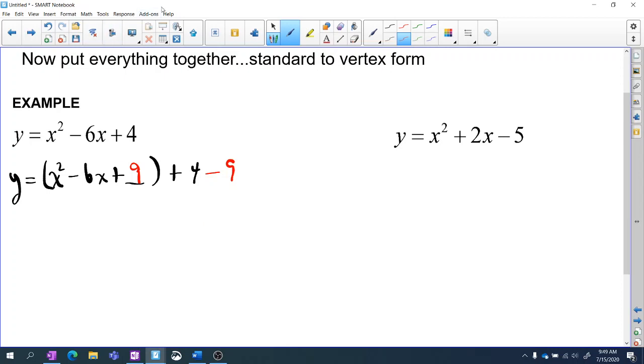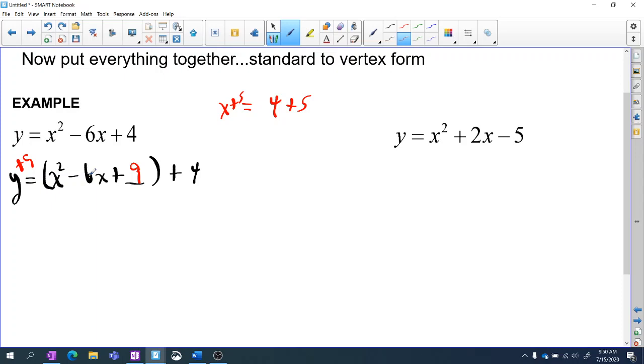Another way to do that, I'm just going to erase that for a second. Sometimes students will say, why don't you add 9 to both sides? And I could. I could put a plus 9 here. Think about an equation. If I had x equals 4, and I add 5 here and I add 5 here, they're still equal. Because essentially, if you then move this 5 over here, we just wipe this 5 out and all would be good. So as long as you do the same thing to both sides,